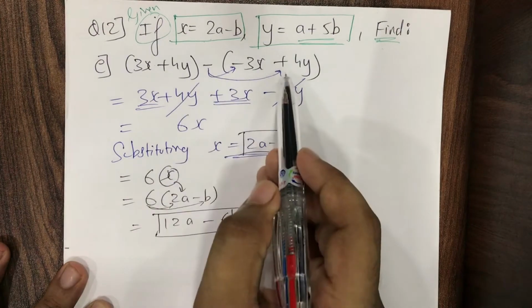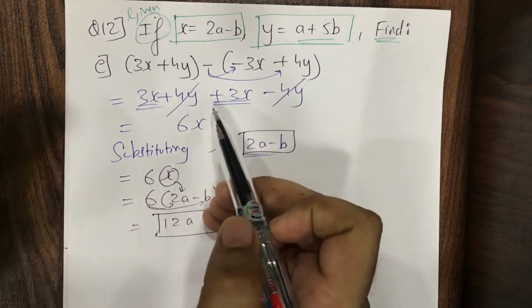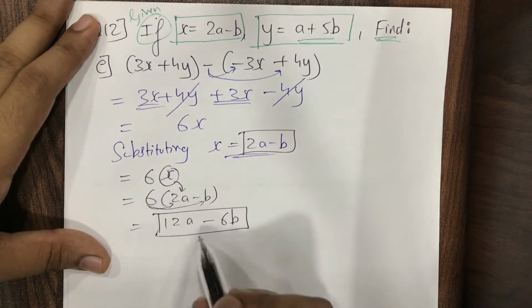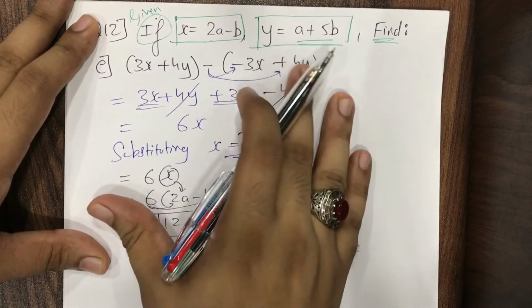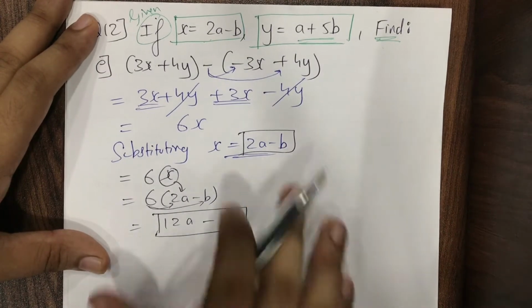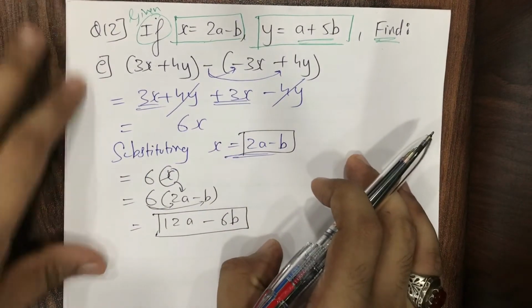We have to simplify it. If you don't simplify, your answer will still be correct. Your answer will be this only. But this question will take minimum 1 page or 2 pages to solve. It will be so complicated then. Okay, just finish off this question, students, then we'll solve the next question.